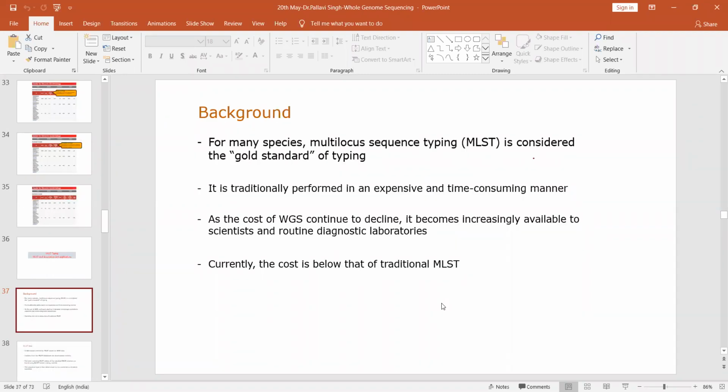It is the multi-locus sequence typing tool, and it is considered the gold standard of typing. If you do all this in the lab using molecular biology, it takes a lot of time, but on this in silico platform of the Center for Genetic Epidemiology, you will be able to find out the type of your strain within minutes.